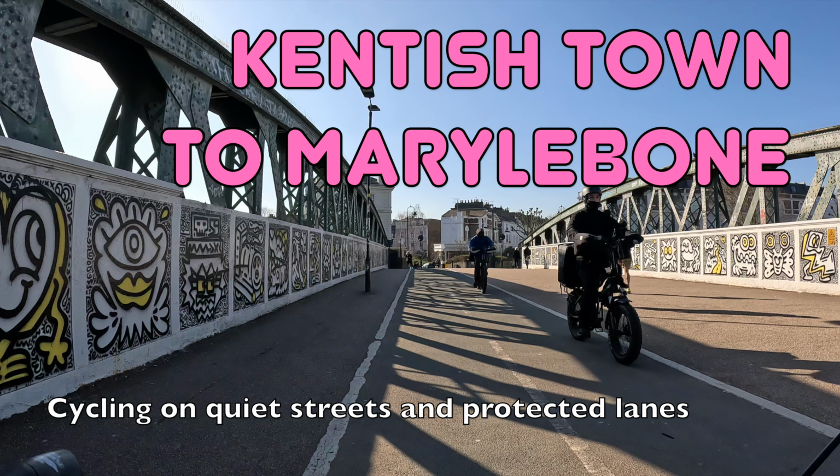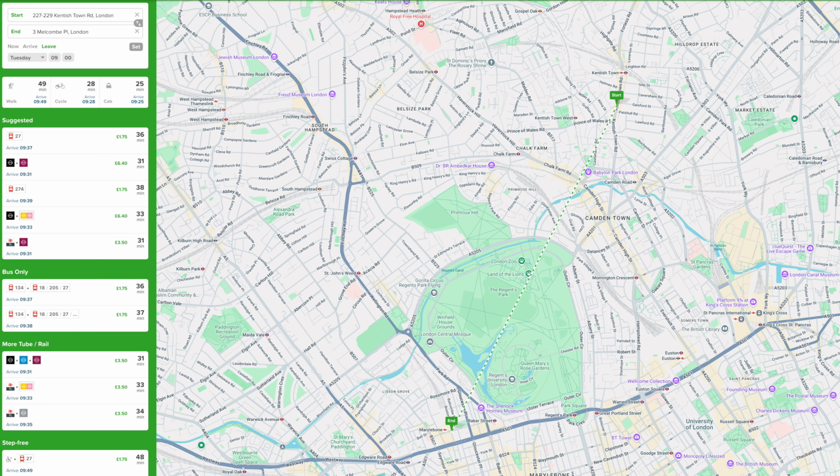Today I'll be showing you how to cycle from Kentish Town in North London to Marylebone in Central London. This ride takes just 20 minutes and you can do the whole thing on quiet streets and protected cycle lanes. By public transport, the same journey takes over half an hour, so cycling is a fantastic way to make this